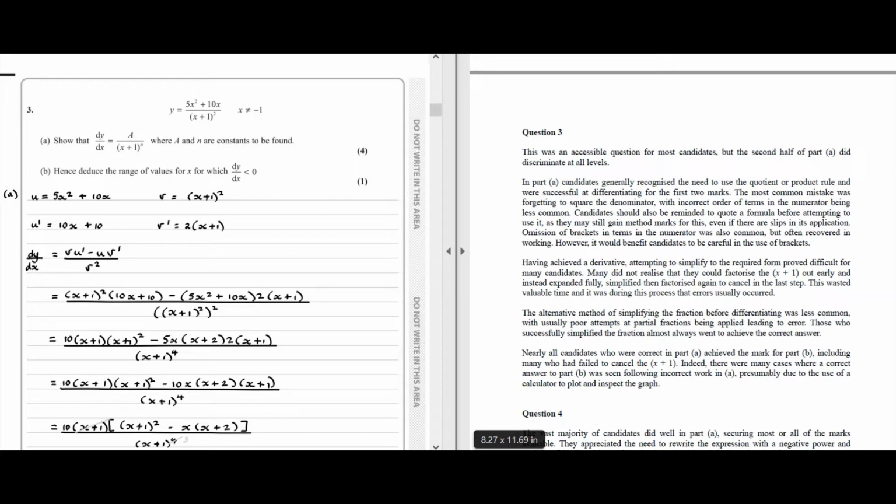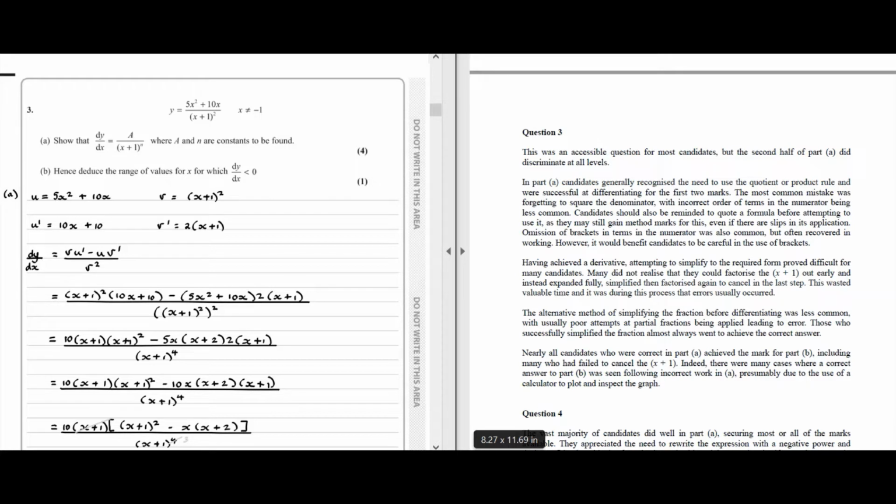Many did not realise that they could factorise the x plus 1 out early and instead expanded fully, simplified and then factorised again to cancel in the last step. This wasted valuable time, and it was during this process that many errors usually occurred. The alternative method of simplifying the fraction before differentiating was less common, with usually poor attempts at partial fractions being applied